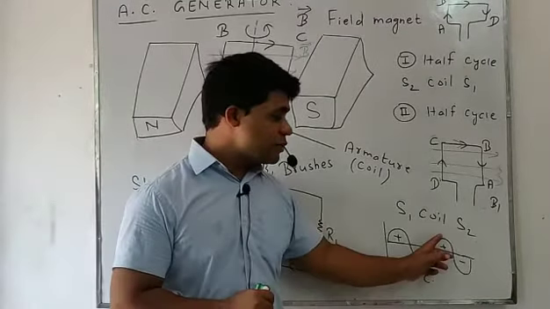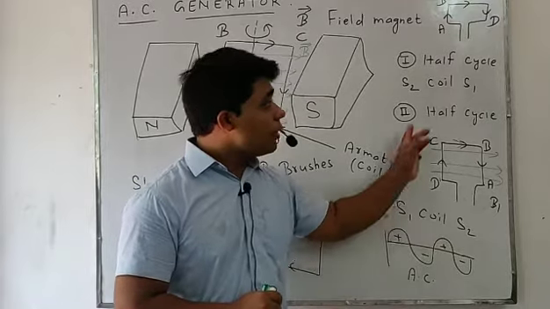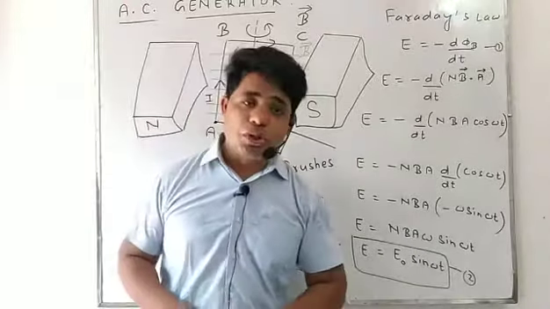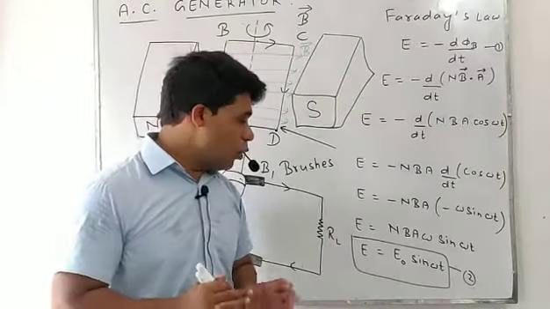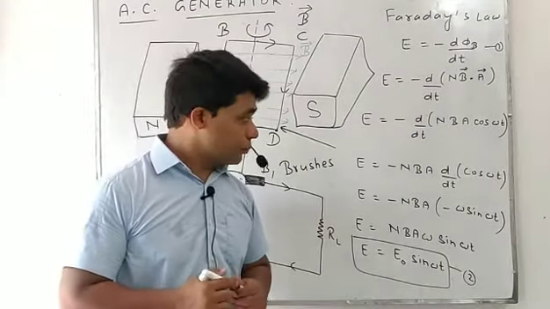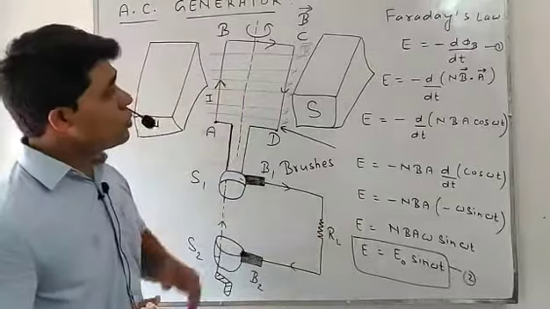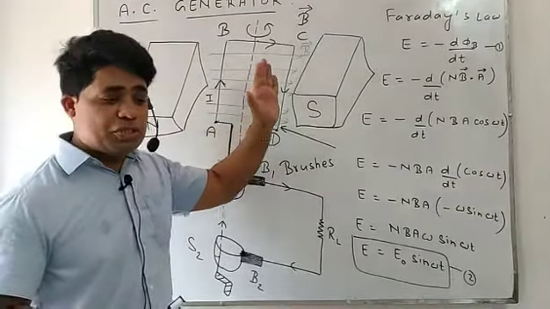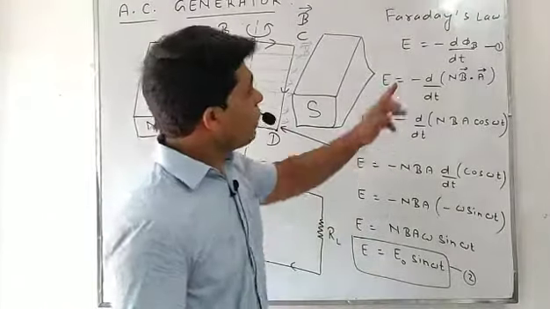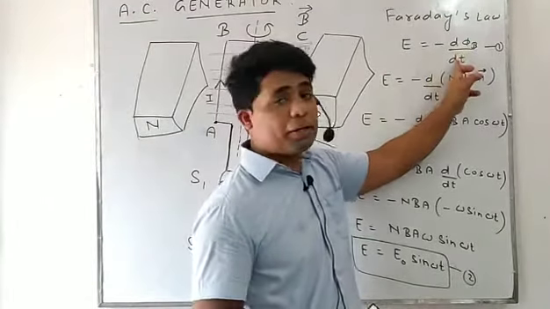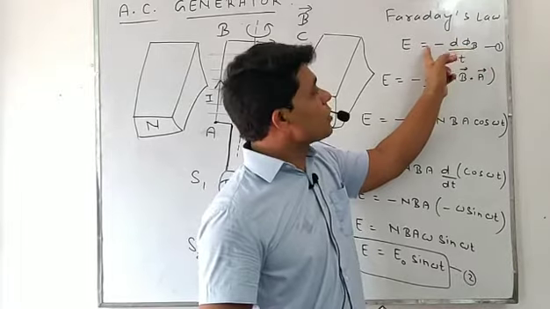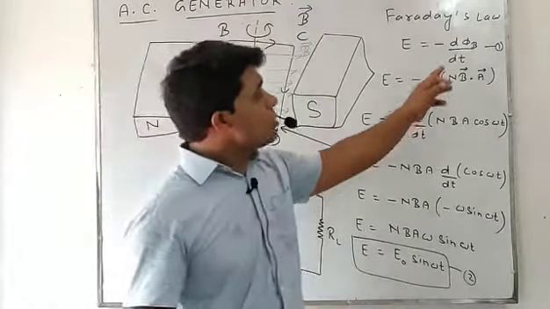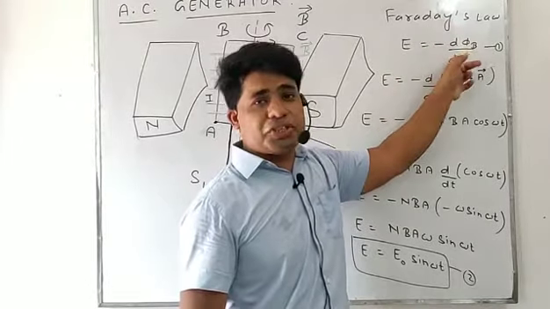Now students will find the value of induced EMF in that circuit. So look students, when the flux passing through the coil changes, I am going to apply Faraday's second law, that is E equals minus d phi by dt. The rate of change in magnetic flux always equals the induced EMF, and the minus sign shows that induced EMF will oppose the change in flux.